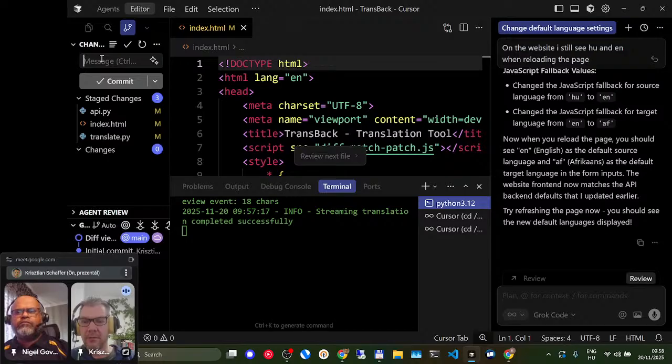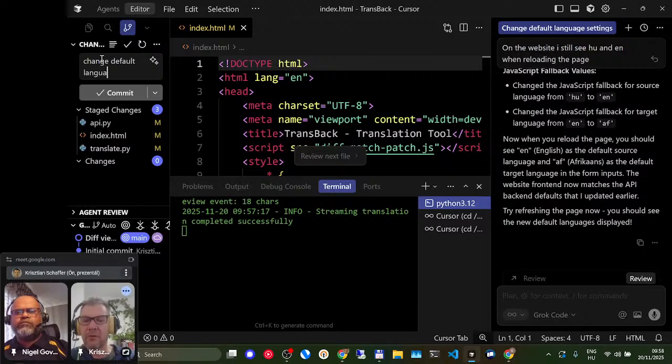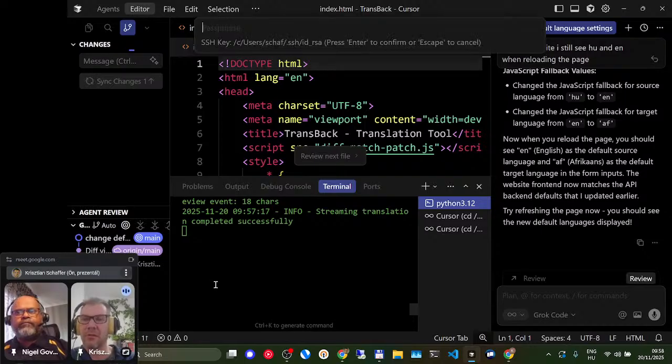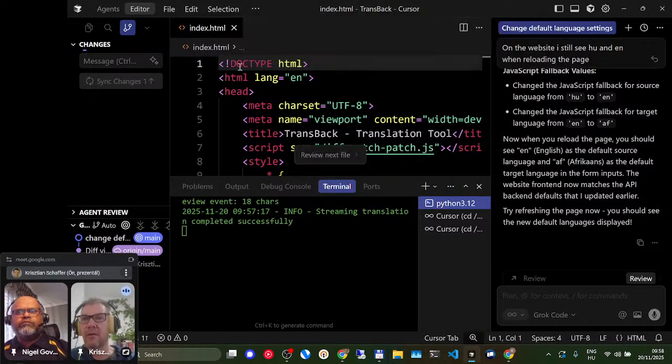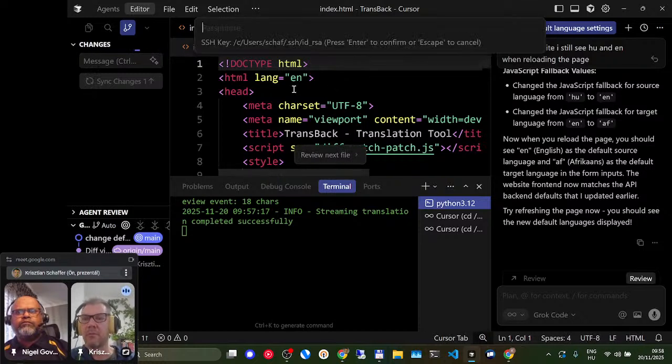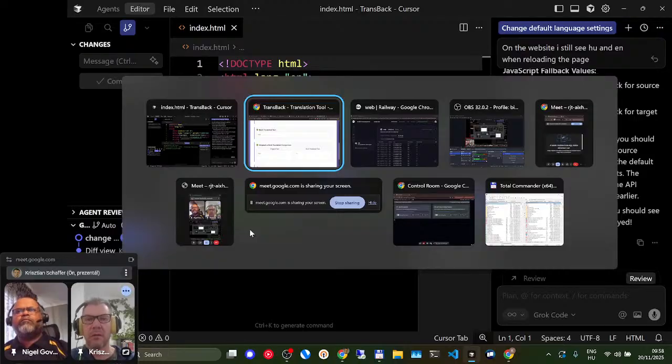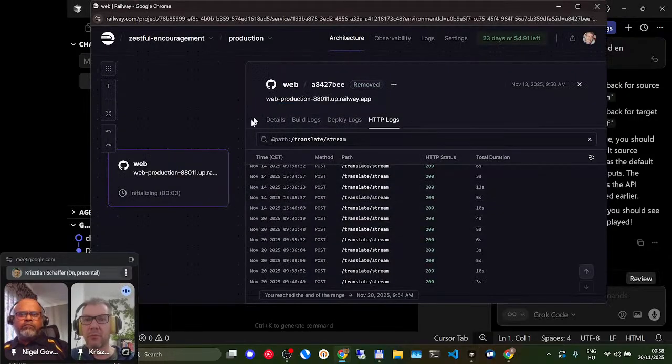Yes, so change default languages and commit. Then I committed it locally, so the change is now prepared to upload, and now I send it to GitHub. So I don't know why I need to enter my passphrase too, but okay. And now I go to